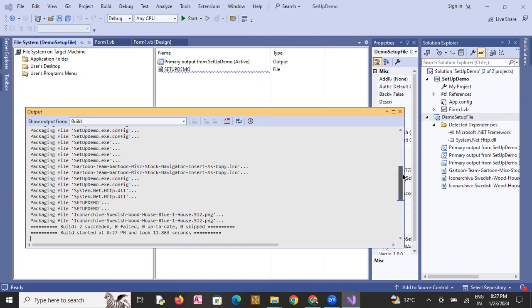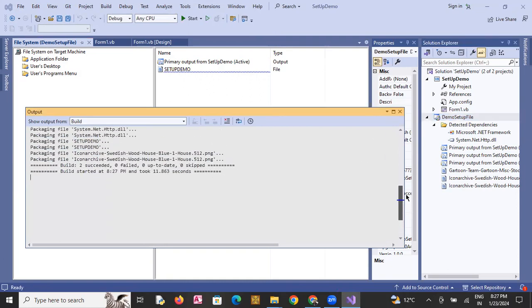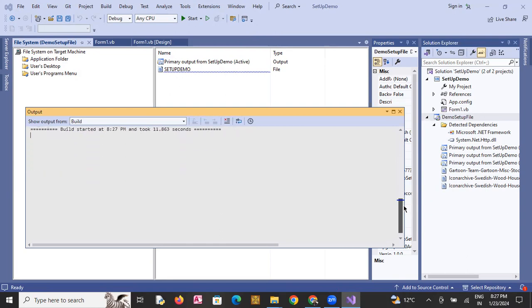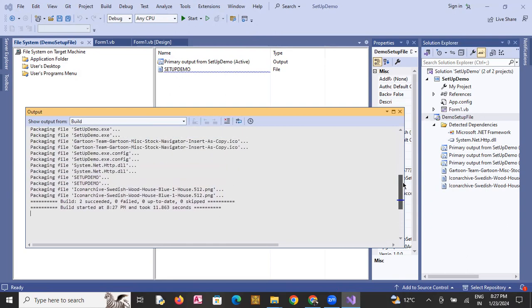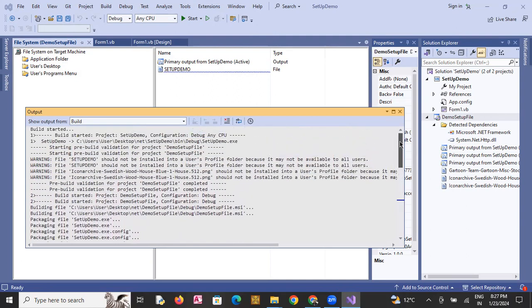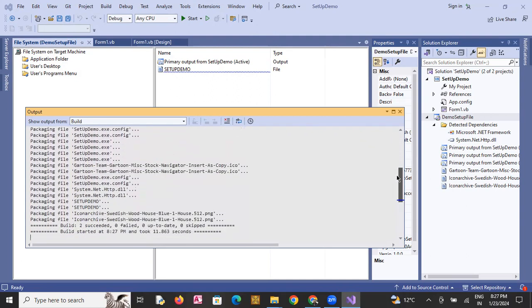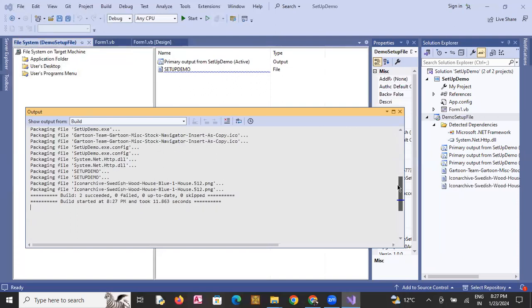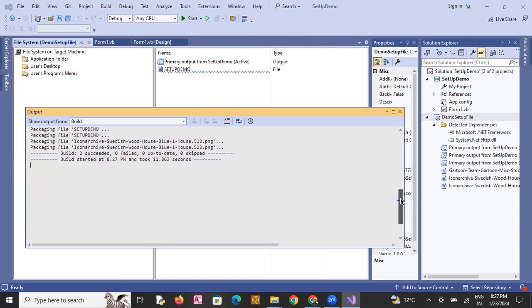We'll start it, and this way you're now able to create the setup demo.exe executable file, application file, and